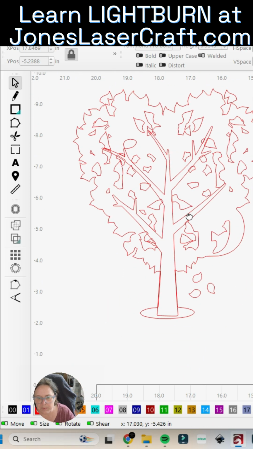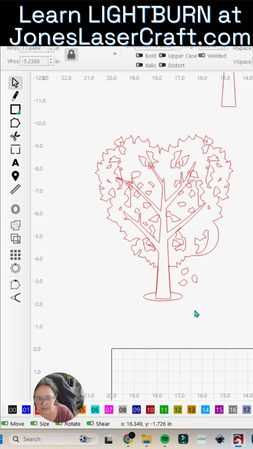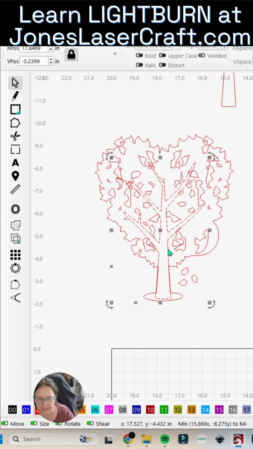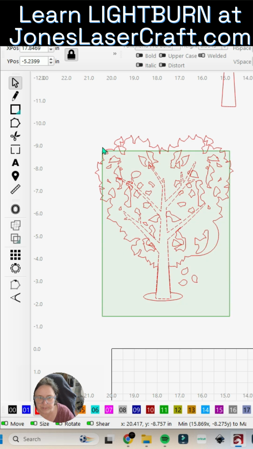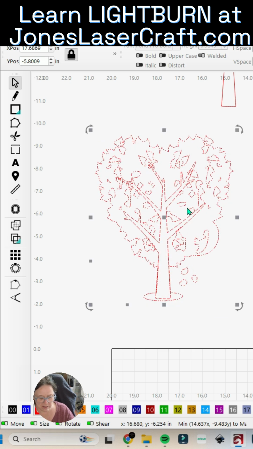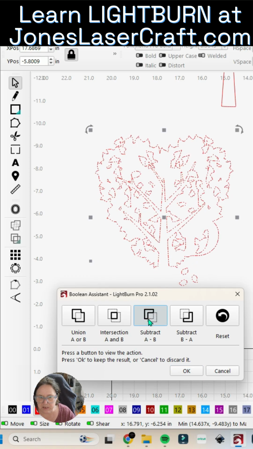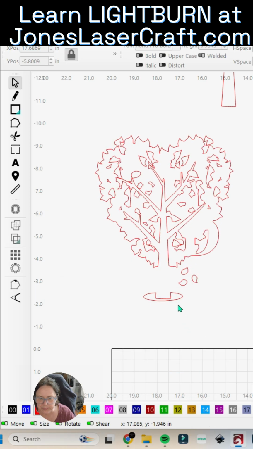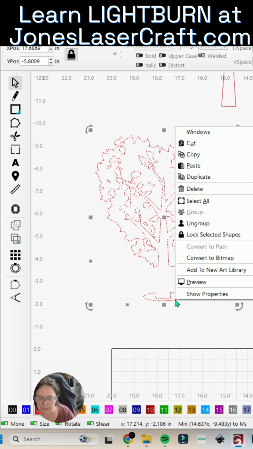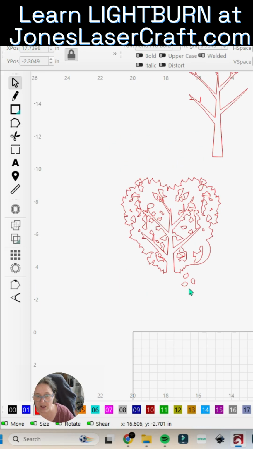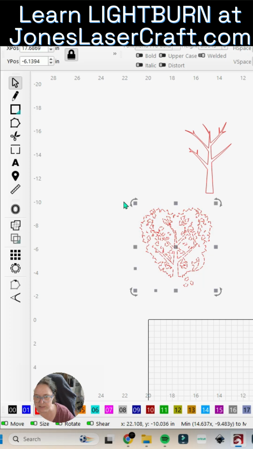Now, I'm going to select all of this. So I've got this that is all grouped, which is one item, and I've got my tree, my interior tree, which is a second item. Select them both and Control B. That brings up my Boolean assistant. And I am going to knock that tree out of the leaves. And then I'm going to hit OK. And I can remove this bottom part by ungrouping. All right, so now I have 3 separate pieces that I can put together,